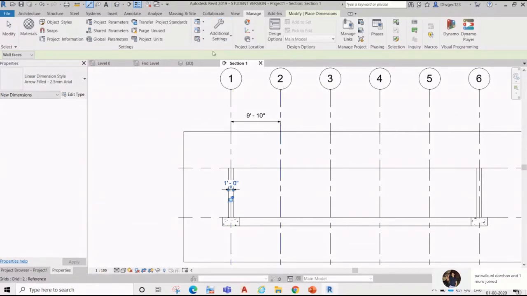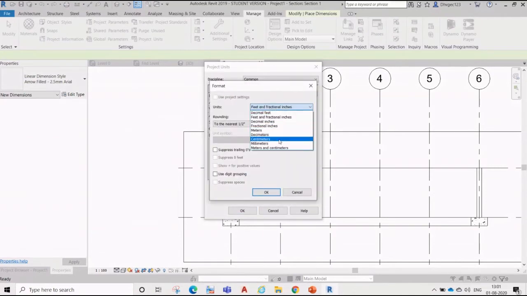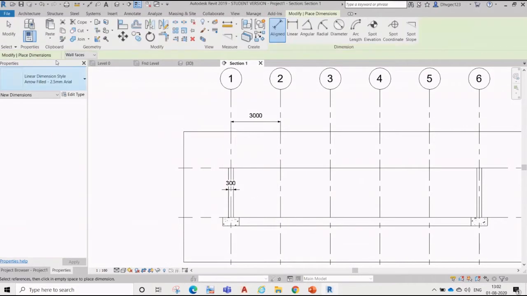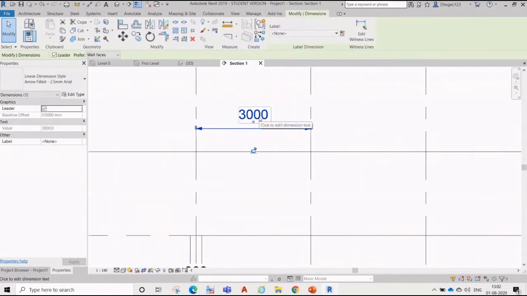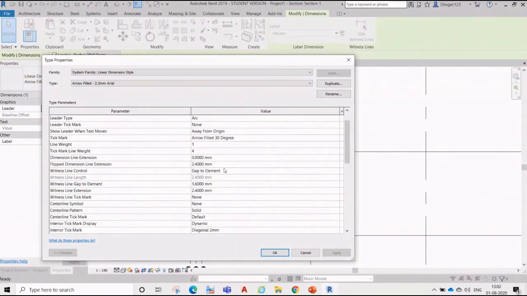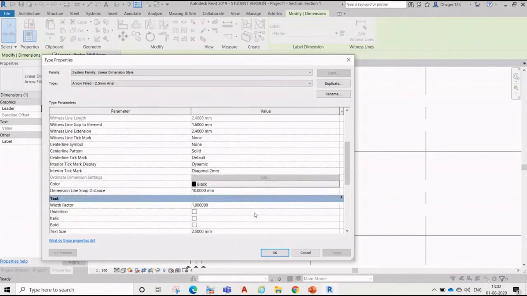I have to change it first to millimeter. If I want to change only the dimension to foot and inch, then we can create a new dimension type and just use the unit. That we will cover when we start the annotation.